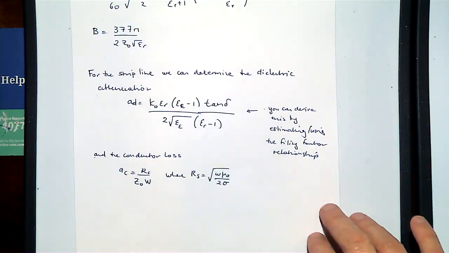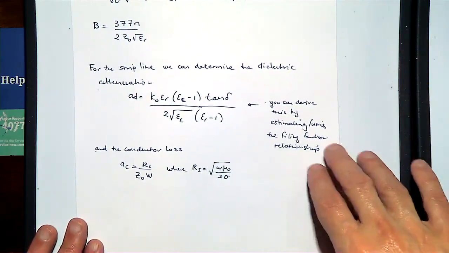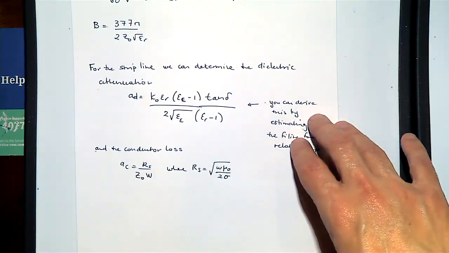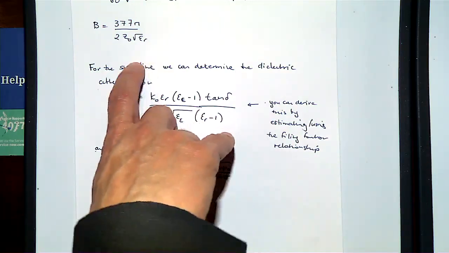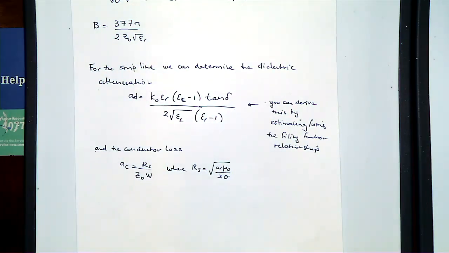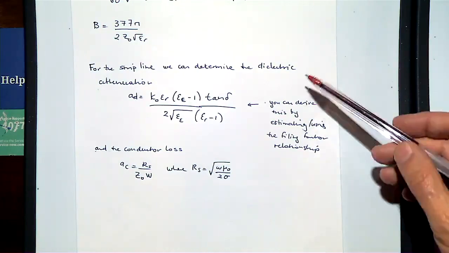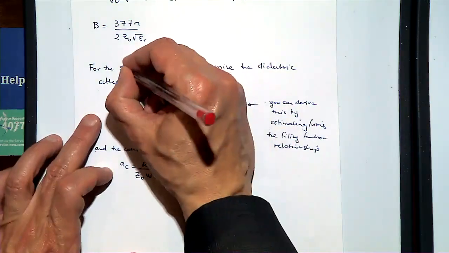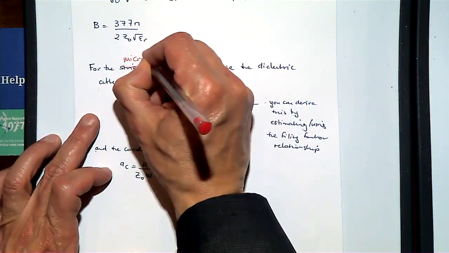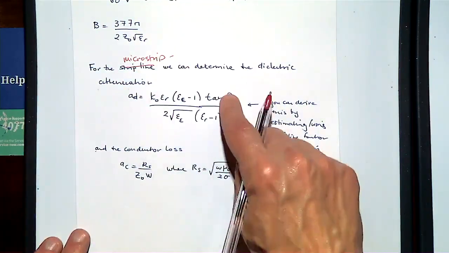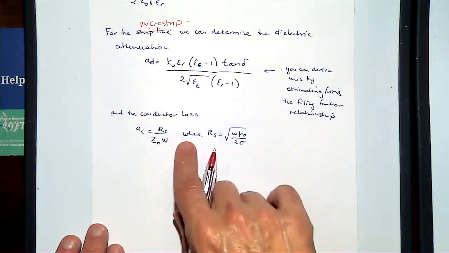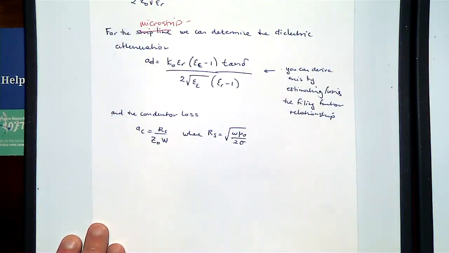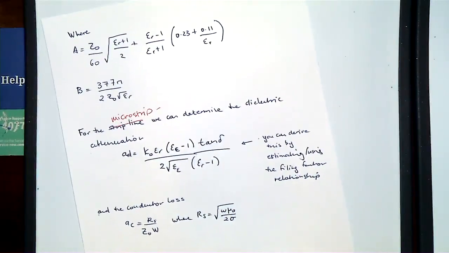And for these particular microstrips, and I should have called this a microstrip, sorry, that should be microstrip rather than strip line, you've also got the attenuation, right? A formula for dielectric attenuation, and also the conductor loss. Okay. Now let's do an example,